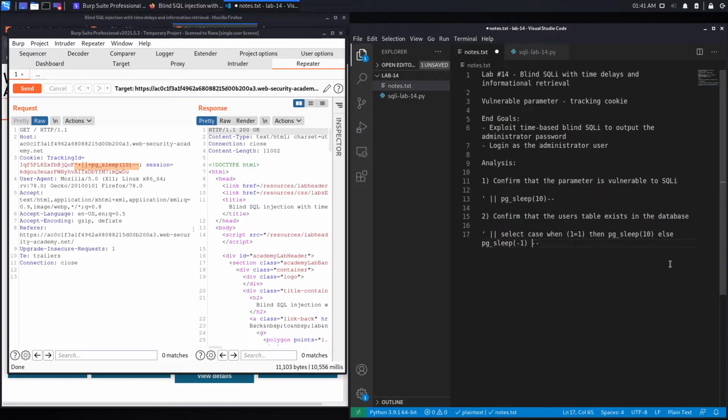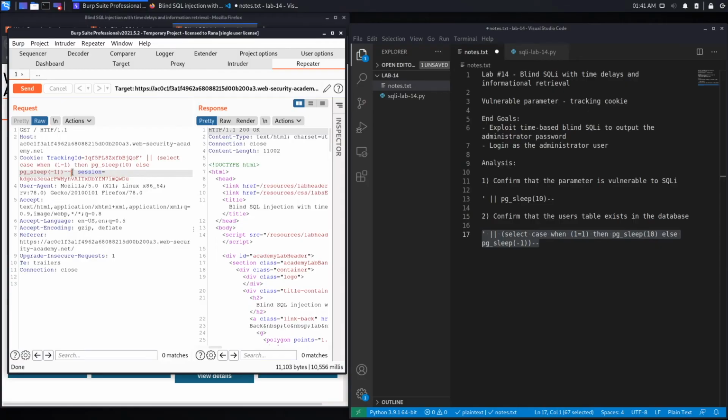So if you use a negative number, it just won't cause a delay at all. So when the use case is true, I want it to sleep 10 seconds, otherwise don't sleep at all. And because this is a subquery, we're going to have to put it into curly brackets, and this should work over here. So let's copy that, put it in repeater, Control U to URL encode it,